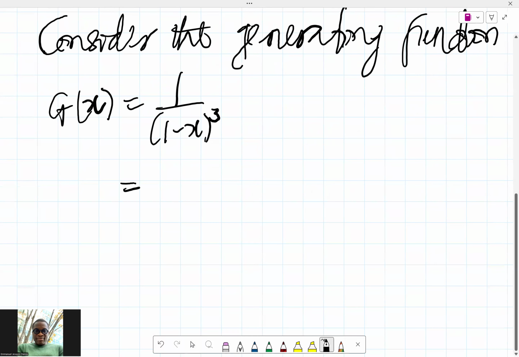Clearly, this is the same thing as 1 minus x raised to power minus 3. And if we expand that,